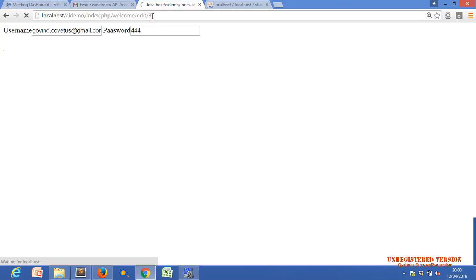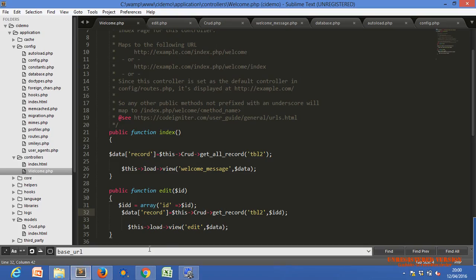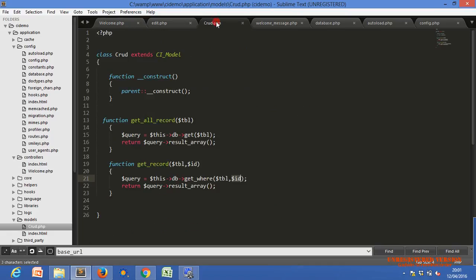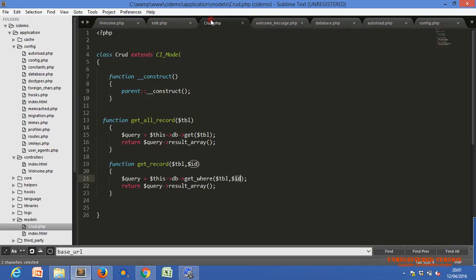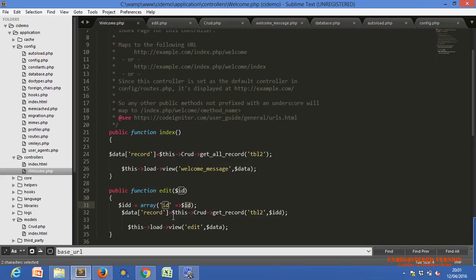So now, yeah, the record has been changed, meaning for a particular record. So table name and the condition. Let me show you. Yes, this is the table name and this is the condition. What is the condition? Where id equals the dynamic id. Just fetch me that particular record. So this is the condition we have used, and it fetches the array and returns that particular array. So we have caught that value and passed it into the view page.